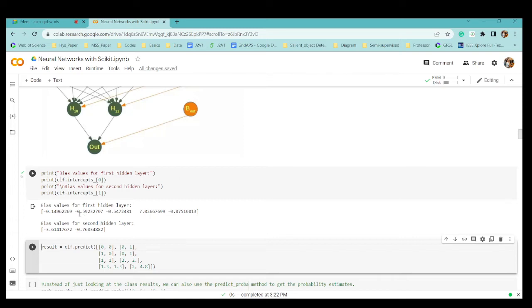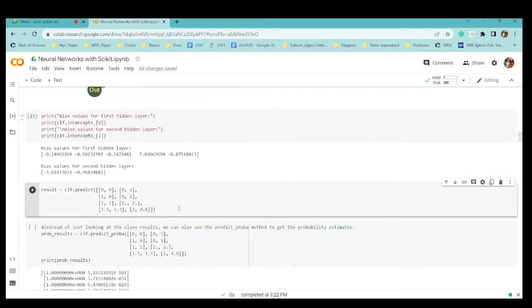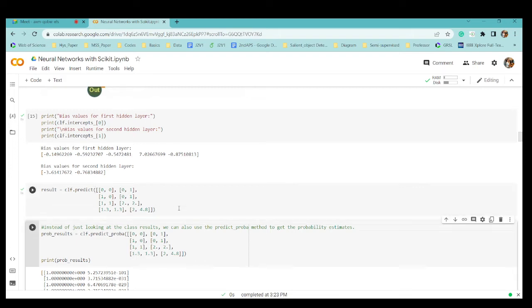So I've calculated the intercepts, or biases, for the first and second hidden layers. Now I'm doing the predictions, and instead of just looking at the class result, we can also use the predict probability method to get the probability estimate.